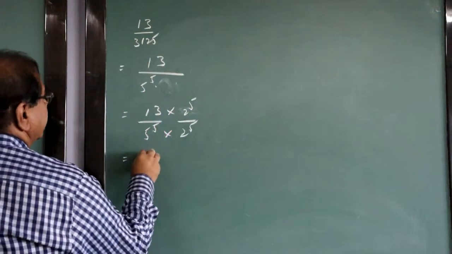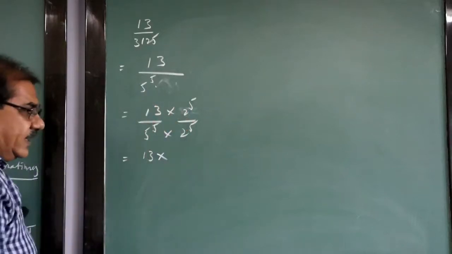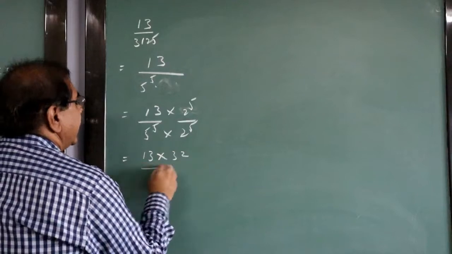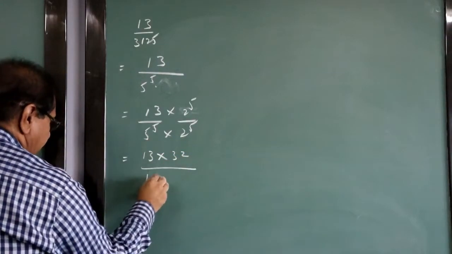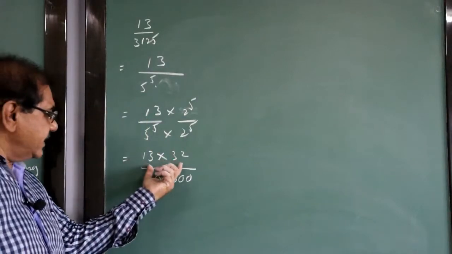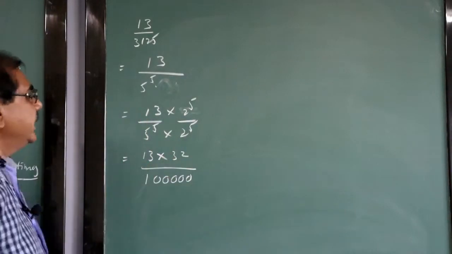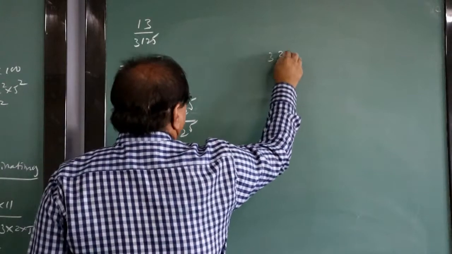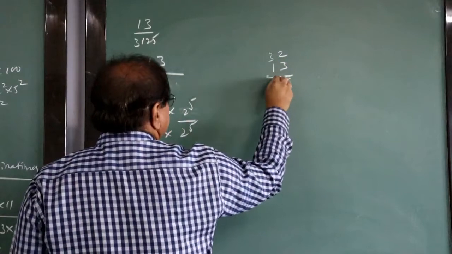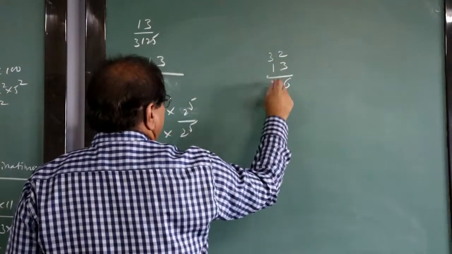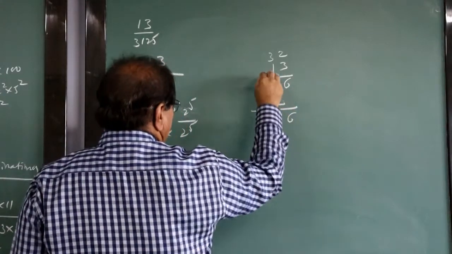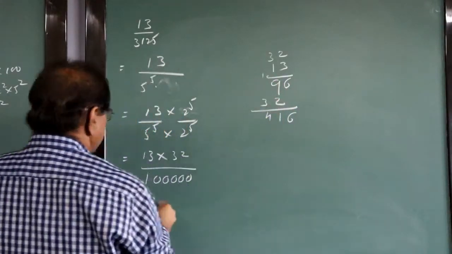So now 13 into, what is 2 raised to 5? 2, 4, 8, 16, 32. And here it is 10 raised to 5, which means 1, 2, 3, 4 and 5 zeros. So just get the multiplication of 32 and 13. We do it here. 32 multiplied by 13. 3 2s are 6, 3 3s are 9, 1 2s are 2, 1 3s are 3. So it is 6, 9 and 2, 11, 1 carry, 3 and 1, 4. So ultimately it is